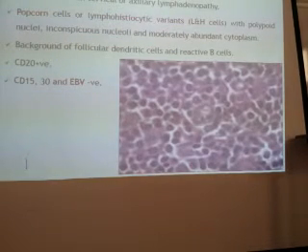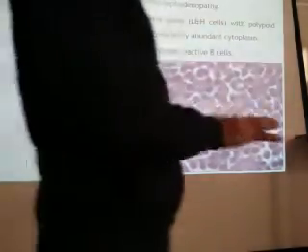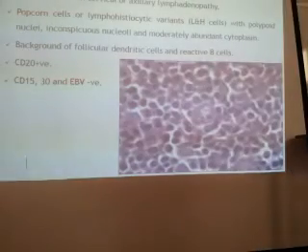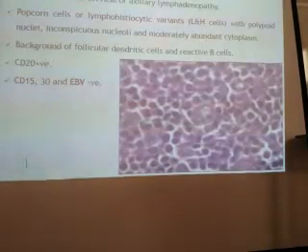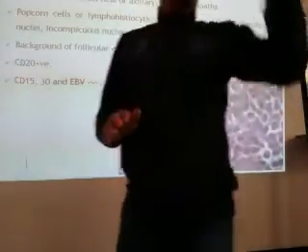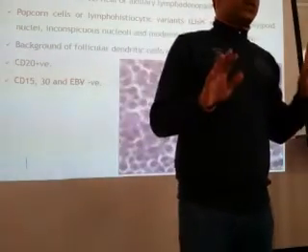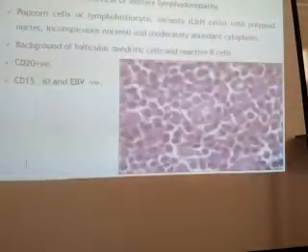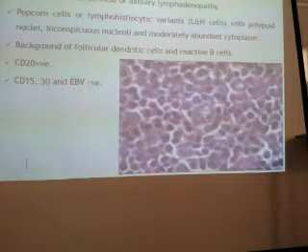Lymphocyte predominant. We finished the classical. Four varieties were there: nodular sclerosis, mixed cellularity, lymphocyte rich, and depleted. All are CD15, CD30 positive. Only one is totally negative for EBV. That is the nodular sclerosis. Good. And only one is totally positive. That is the lymphocyte depleted. Others are 40 to 70% positive for EBV.